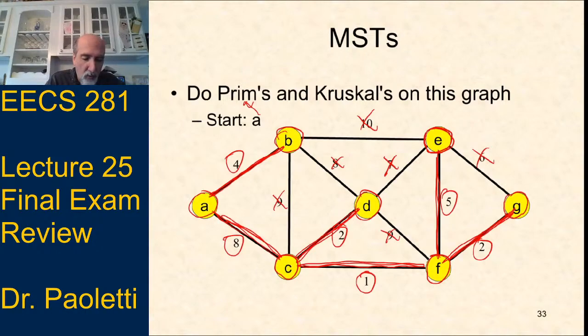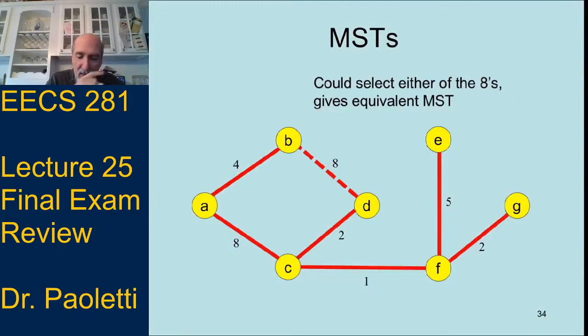So what's our weight? 4 and 8 is 12, 14, 15, 16, 17, and 5, it looks like a weight of 22. And then on the next slide on mine, I've got which ones we picked mapped out. So we have a 22 either way. We could pick that 8 or we could pick that one. We can't pick both. But either way, we'd have the same cost. We'd still have a cost of 22 no matter which one we take, but we would have different edges in each one of them.